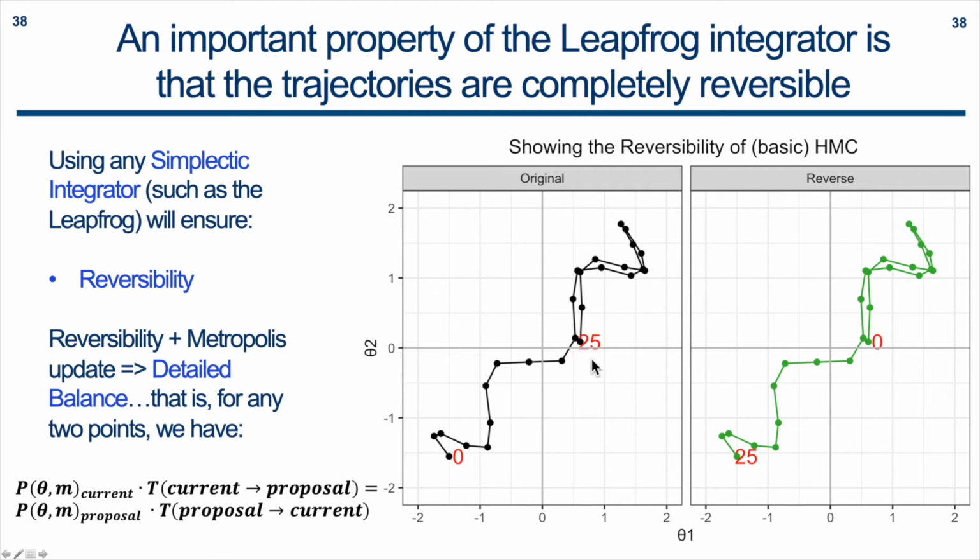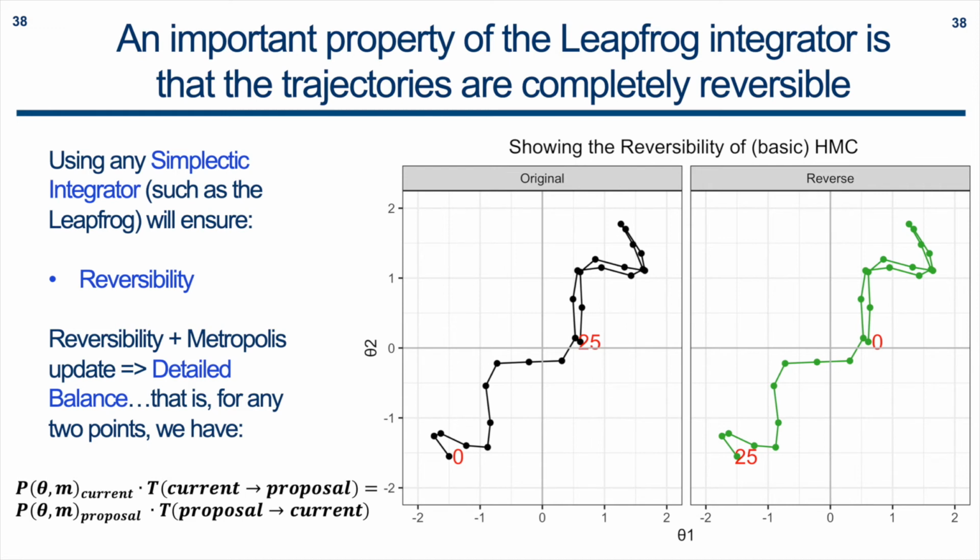Now if we do the exact opposite, we start at position 25 and do 25 steps, we trace out exactly the same journey and finish back where we originally started over here. So this idea of reversibility, plus the concept of the Metropolis update, the idea we adjust for any changes